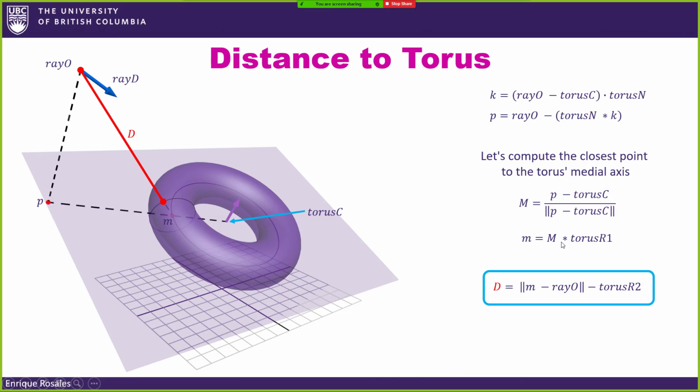What? M times torus 1 plus torus c. Why torus c? No. We are computing the distance, right? So we are computing only this distance. So basically, I'm just taking the distance between the ray origin to m, and I'm subtracting radius 1, right? Or maybe I'm not understanding your question, because you're saying, shouldn't m be, oh sorry, you're talking about m, it should be